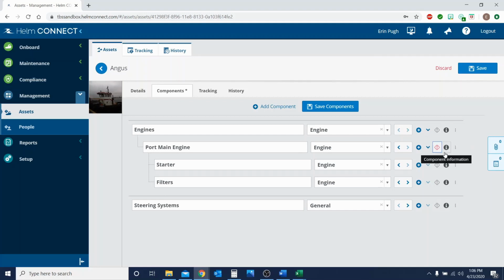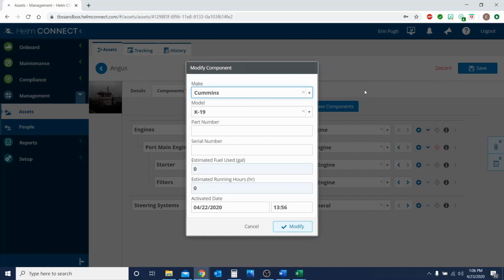The next icon is the little I, and this is the component information icon. So what we can do is click our little I button. I have some information already built into this port main engine, but we will look at how to enter it in. So if we want to hit the X button right here, that clears out that information. When we click on it, we can either select the Cummins, or we can type in our own new make for this engine. So if I type in John Deere and hit enter,